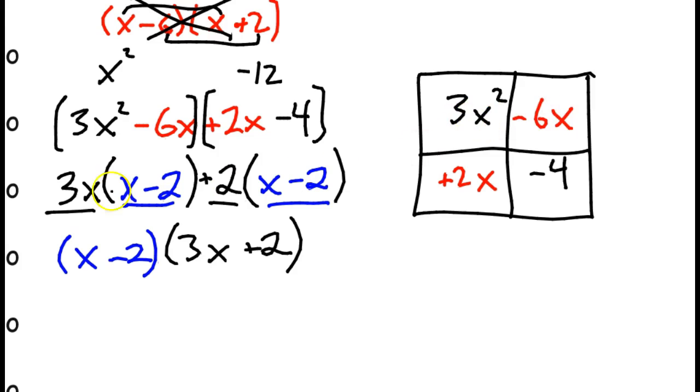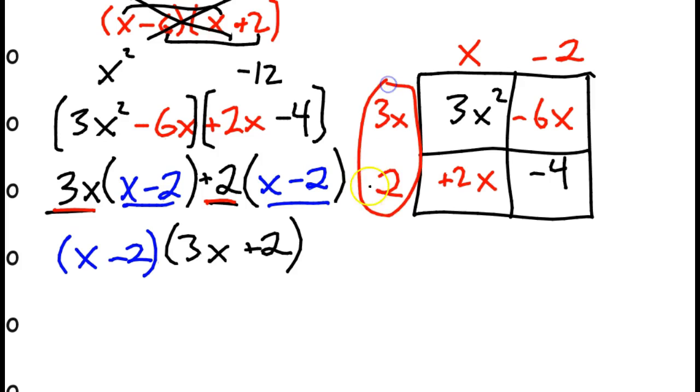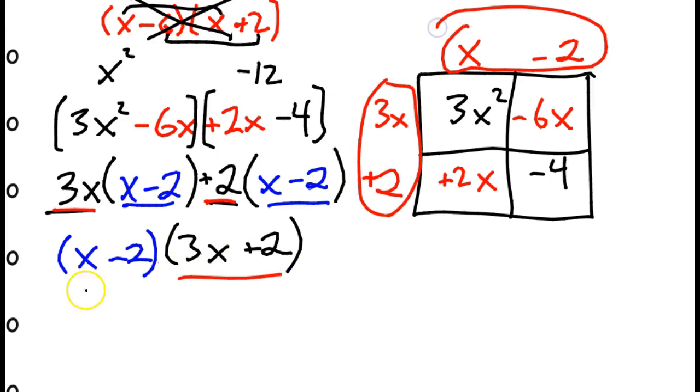So same idea. What could you take out of 3x squared and -6x? It's still the 3x that we took out here. Same thing. And then what can we take out of 2x minus 4? And we still can just take out a 2. And then we can do the same thing with the columns, and we'll end up with x and -2. So you see the two factors come out to be the same: 3x plus 2 and x minus 2. Just two ways of doing the same thing, and then you can answer the questions